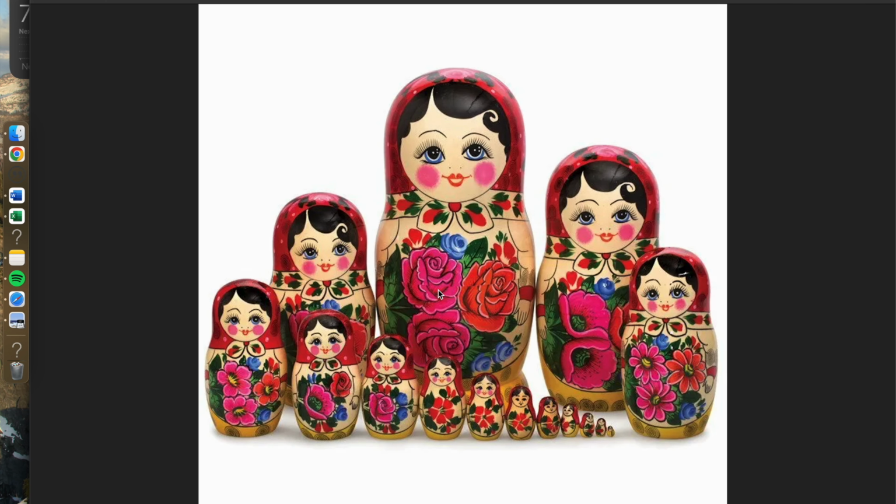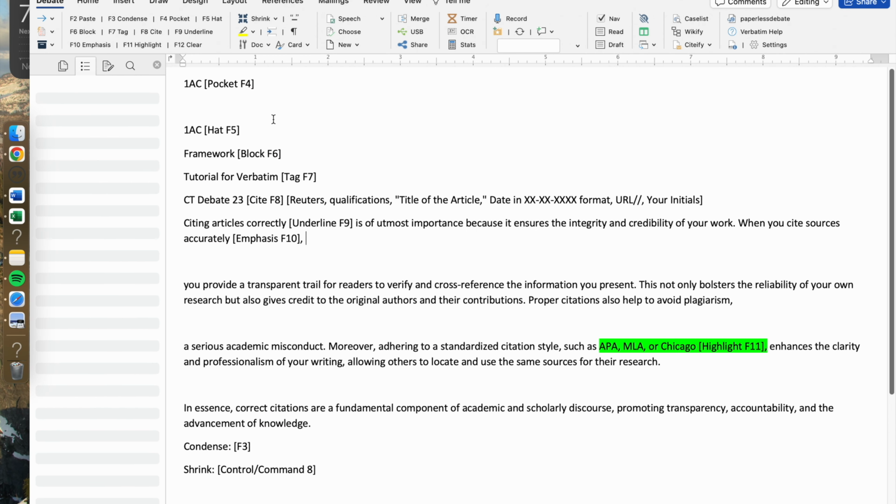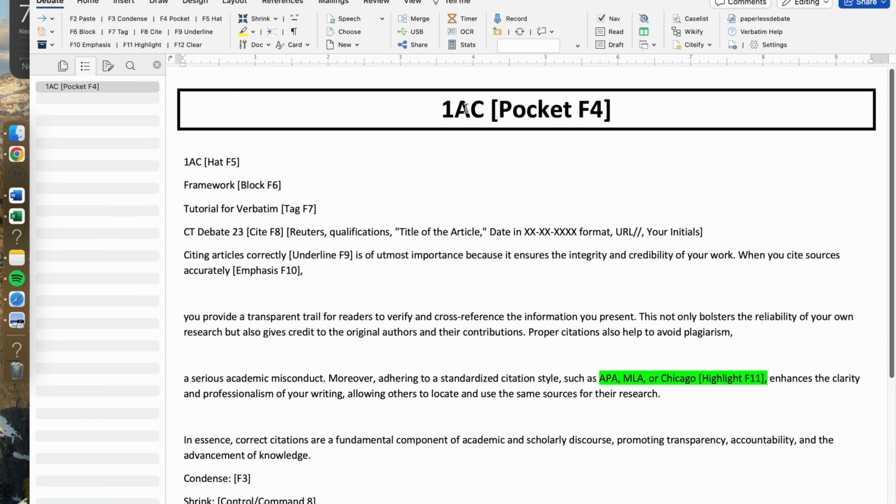And in case you're wondering how this connects to debate and formatting, there's a very similar tactic that happens when you're using Verbatim. So the first formatting keyboard shortcut that you should be recognizing and should be pretty familiar with is the pocket option. The pocket is activated when you press F4 on your keyboard, and something like this happens